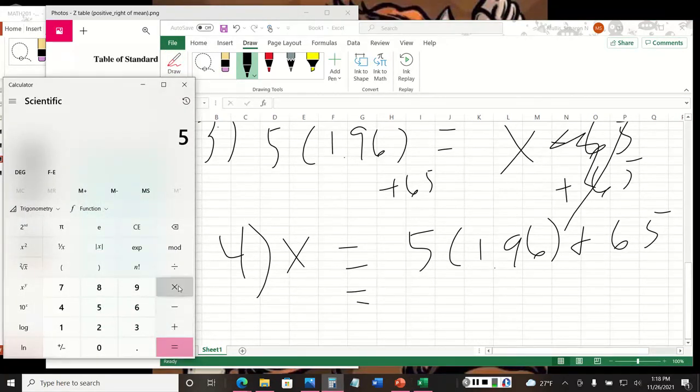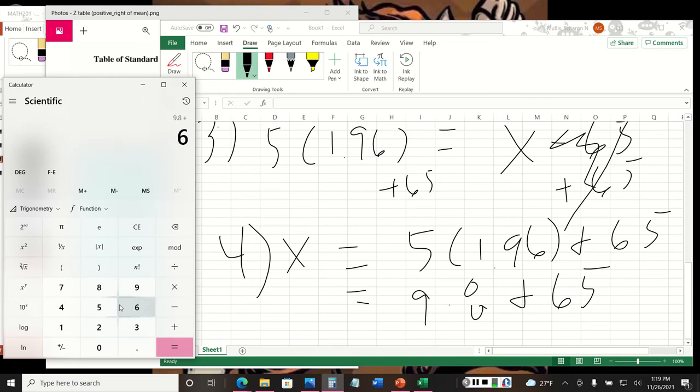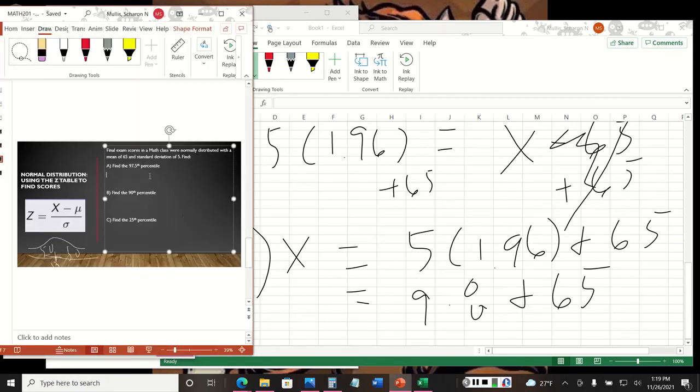5 times 1.96 equals 9.8, plus 65. So the score in the 97.5th percentile is 74.8. So I'm going to go in here and I'm going to go ahead and type the answer, 74.8. Now the next one,